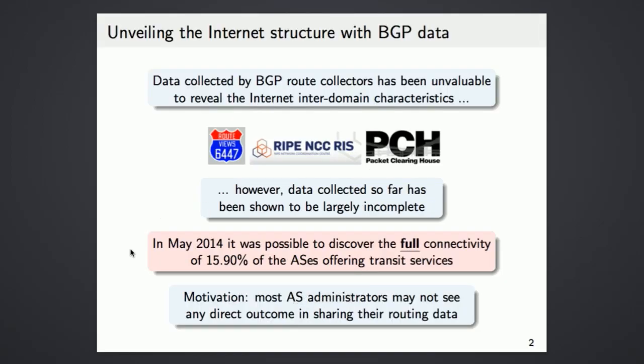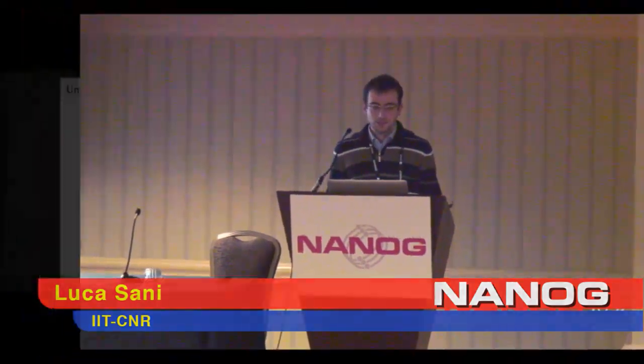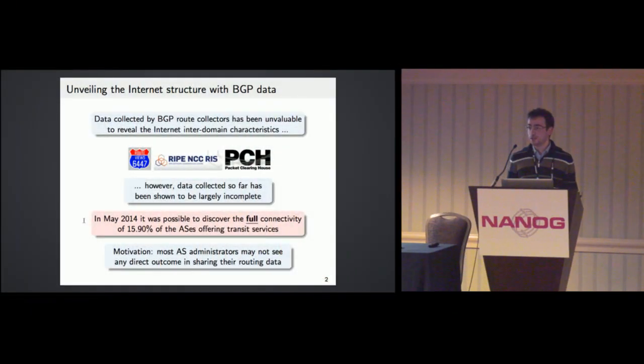So our research interest is the analysis and the study of the internet interdomain level ecosystem. This kind of analysis is typically done exploiting BGP data provided by well-known route collector projects. But it is also well known that this data is far from being completely representative of the internet interdomain level ecosystem. The main cause of this incompleteness is that the number of autonomous systems providing a full feed to this